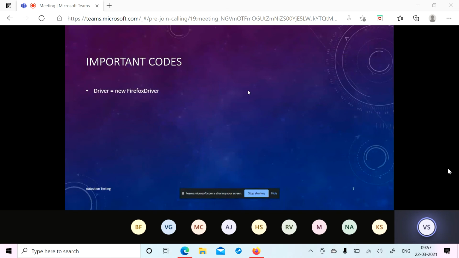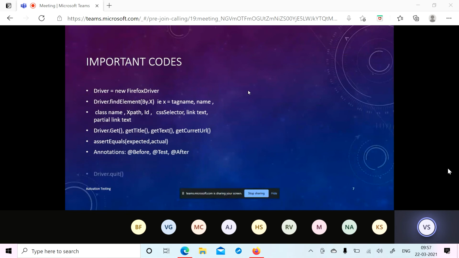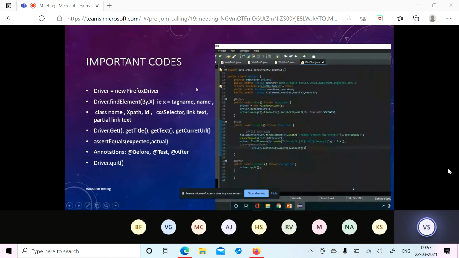Now there are some important pieces of code that we used for the working of this program. First one is driver equals new Firefox driver, which would initiate an object of Firefox driver. And then we have driver dot find element. Find element is a method to find an HTML element by using different things like tag name, name, class name, XPath, ID, CSS selector, link text, partial link text, and